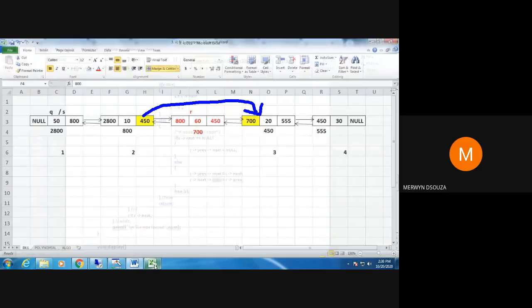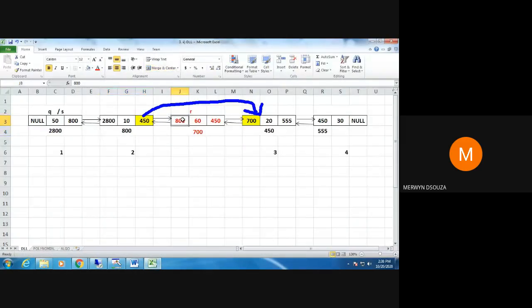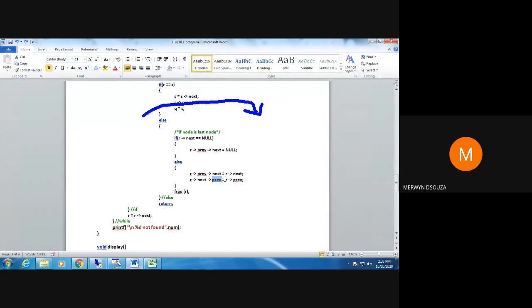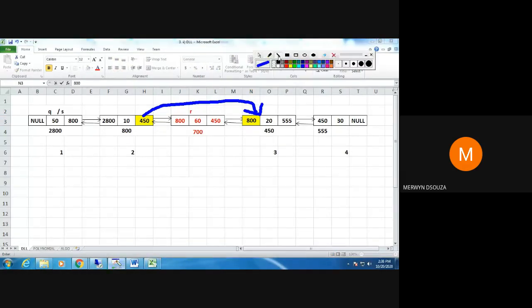If I want the value 800, where is this 800 stored? 800 is stored here. So how do I refer to this part? R arrow previous. I will get 800 here. When I get 800 there, this link will be formed from this node to this node. Now the links are already formed.